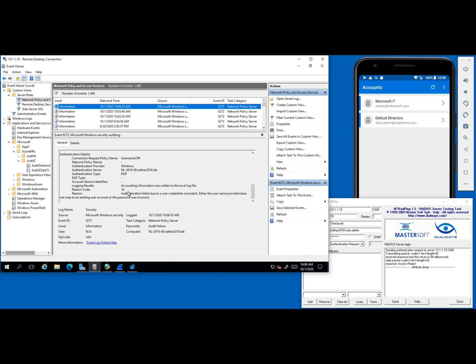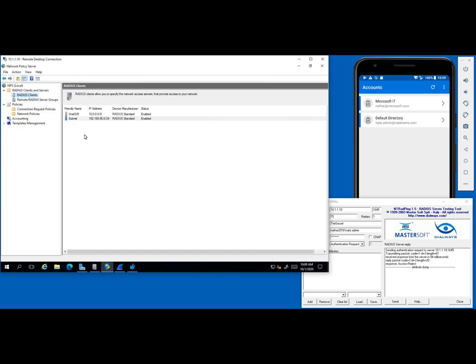All right, so this is pretty straightforward. Authentication failed due to a user credential mismatch. All right, well, that's pretty straightforward, and we knew that that was the problem anyway. But as you can see, once you have taken the MFA DLLs out of the logic flow, that cleans up your NPS logging. And so that makes it much easier to troubleshoot a problem, because you may see other issues like